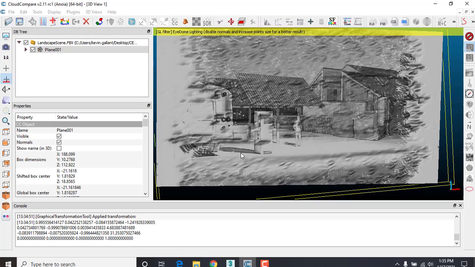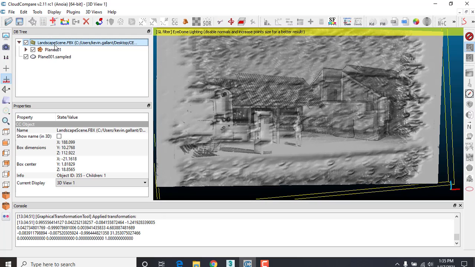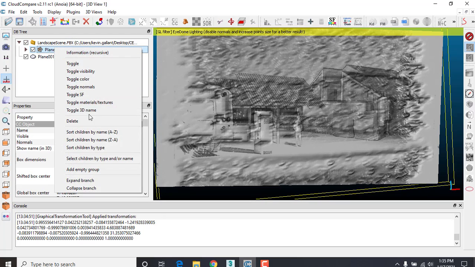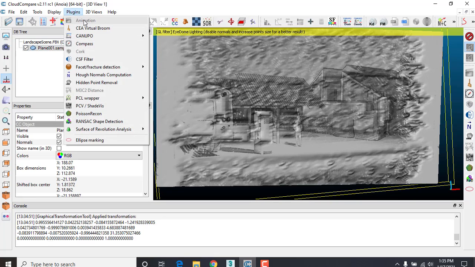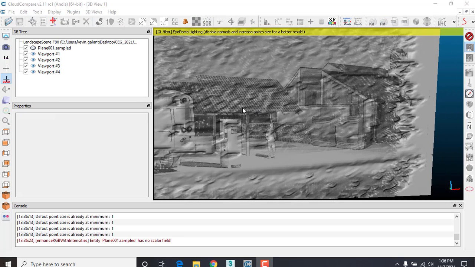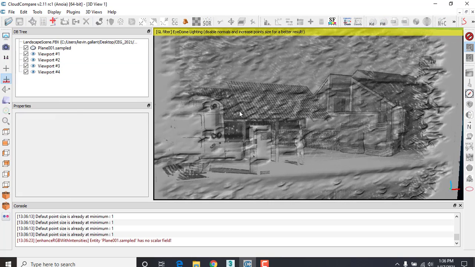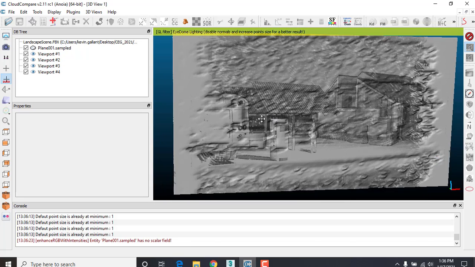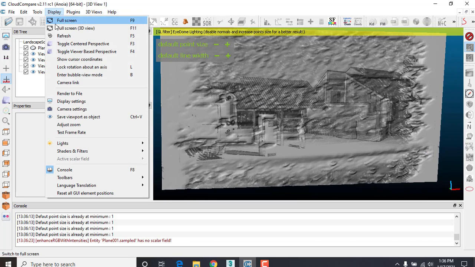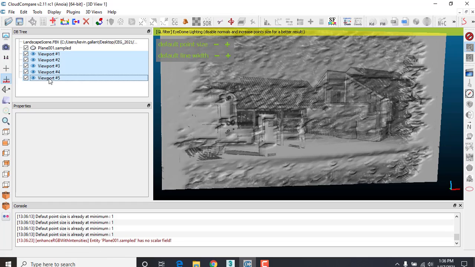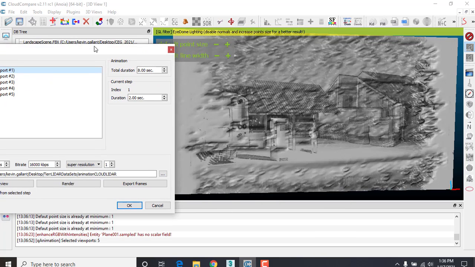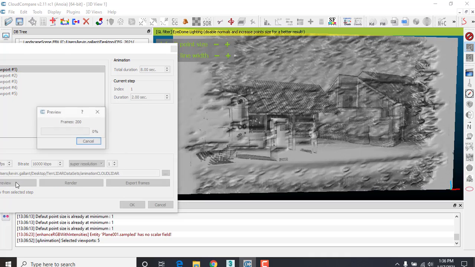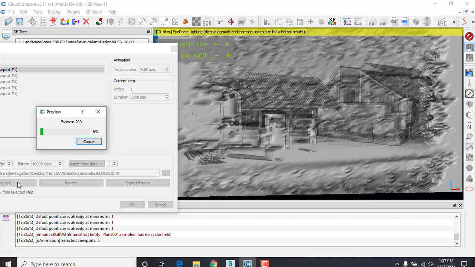So when you're navigating and you want to present this unique style, one of the things you can do is create viewpoints. So these are 4 viewpoints created. To create a viewpoint, you just go under Display, Set Viewpoint, take all these here, and you can just go under a plugin, Animation. And what happens? I'll show you here. It creates an animation of your